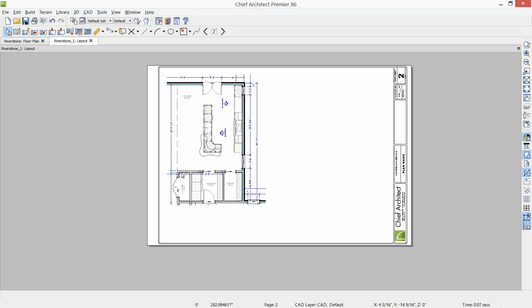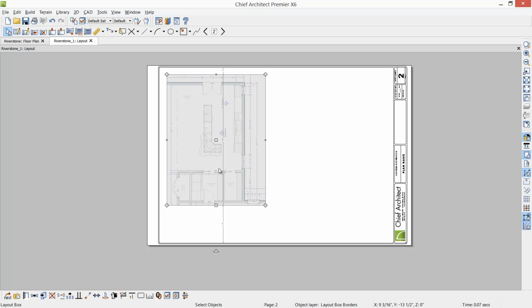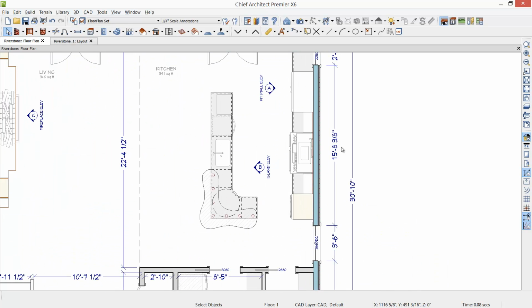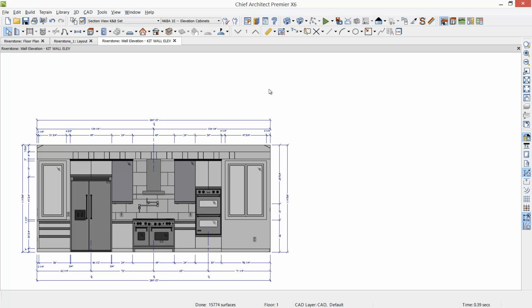And if you have a very large plan and you want to isolate that, that's one great way to be able to dial in. I haven't modified it. I've only cropped in on the viewport so you can see that. Back in the floor plan, I've got some active cameras here. Here's my kitchen wall elevation. If I double click on this camera and I activate that,